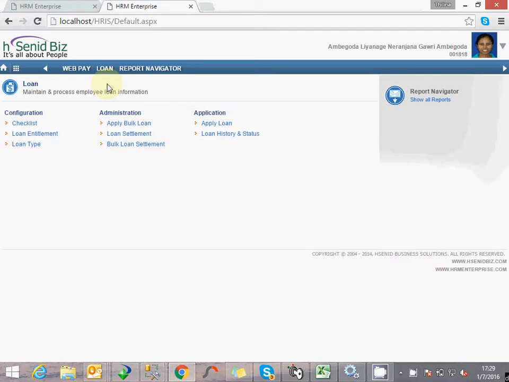Okay, loan, right? Actually, loan is a very simple module. There are some complex scenarios for interest calculation, but it's a back-end thing. No need to worry about anything. What we can do in a loan is entitle particular employees for loans, the eligibilities. Then those employees can apply for loans,